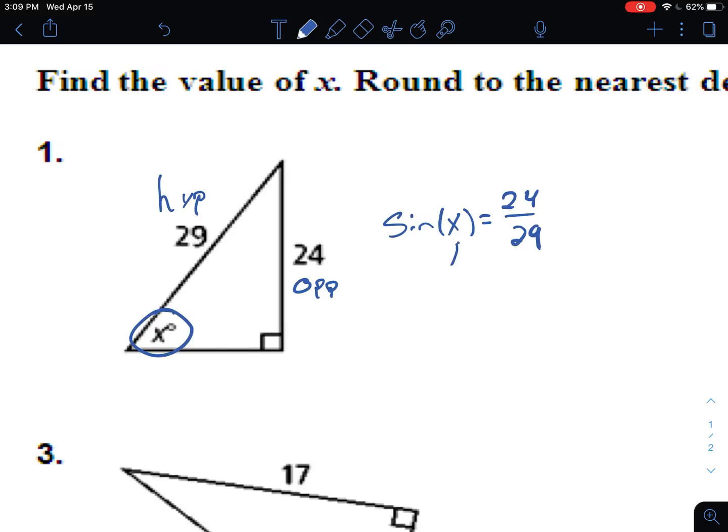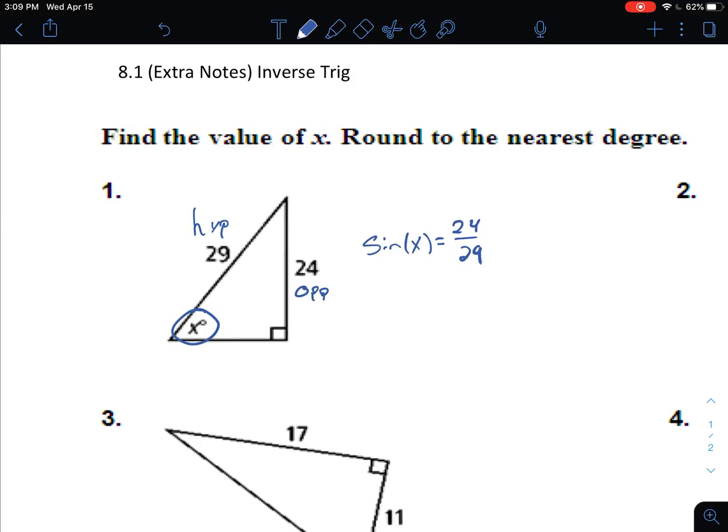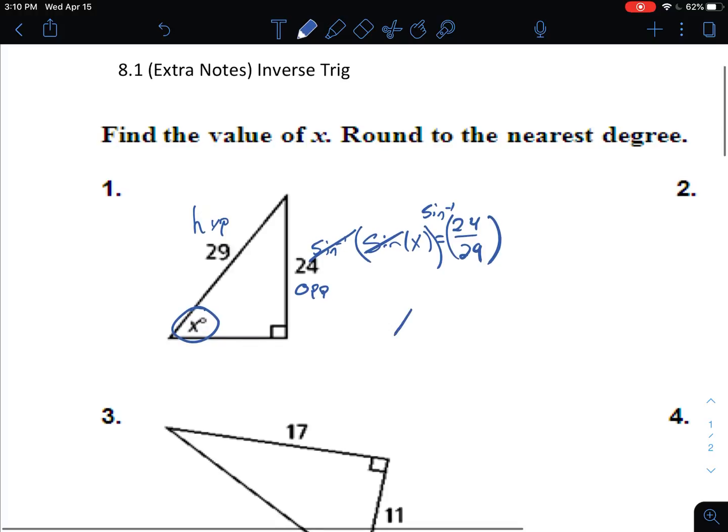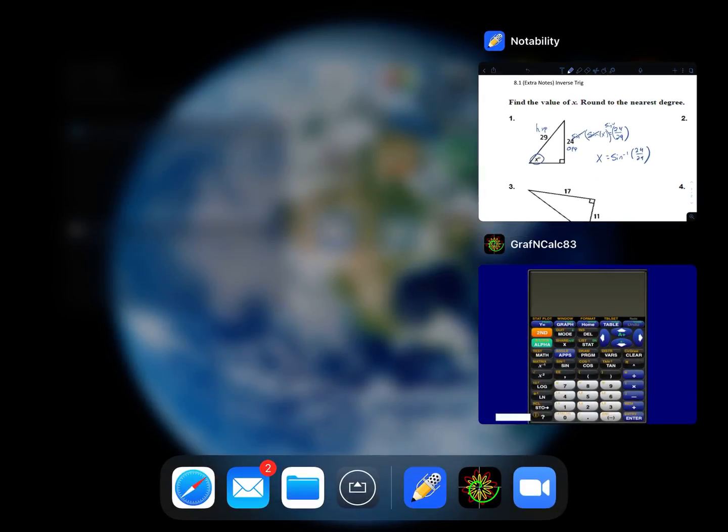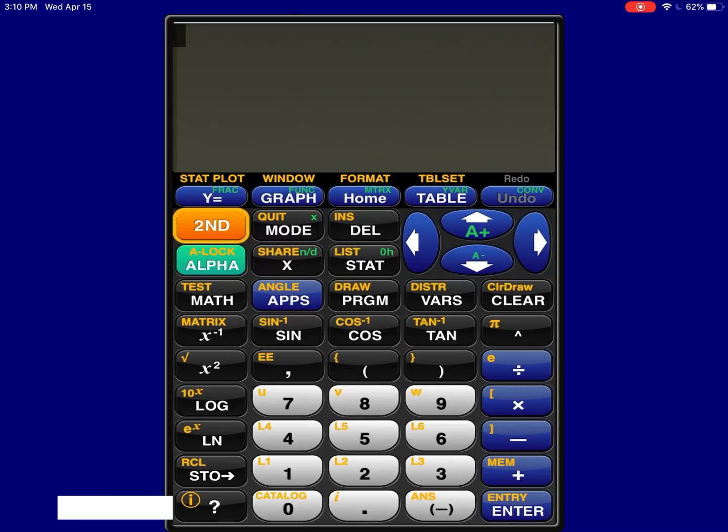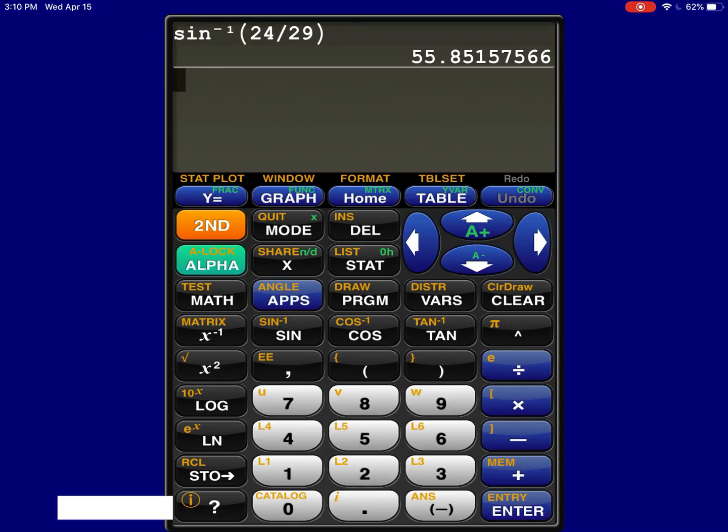Okay, so because x is stuck in here, we have to get x out. The way to undo sine is to use something called the inverse sine. So we go sine inverse of both sides, and then sine inverse cancels with just the normal sine, and we get x is equal to the inverse sine of 24 over 29. How to type this into your calculator: you pull up your calculator and you would go second sine, and then you go 24 divided by 29, click enter, and